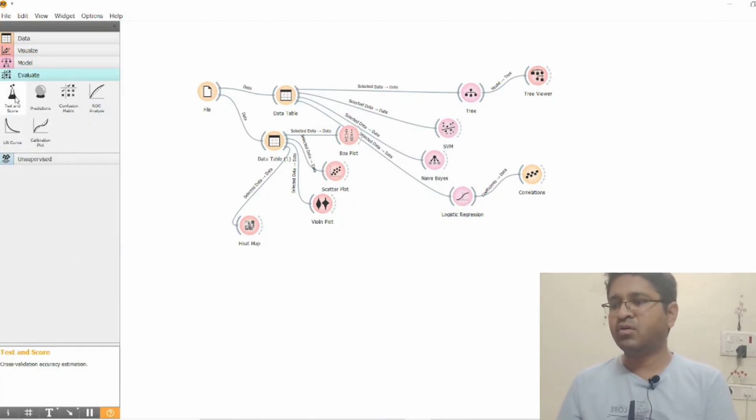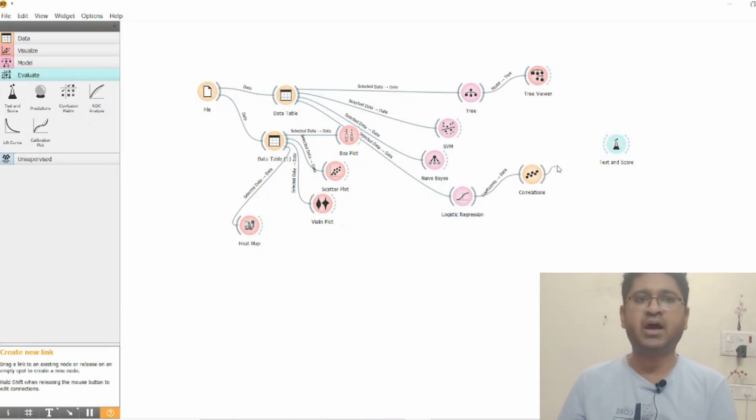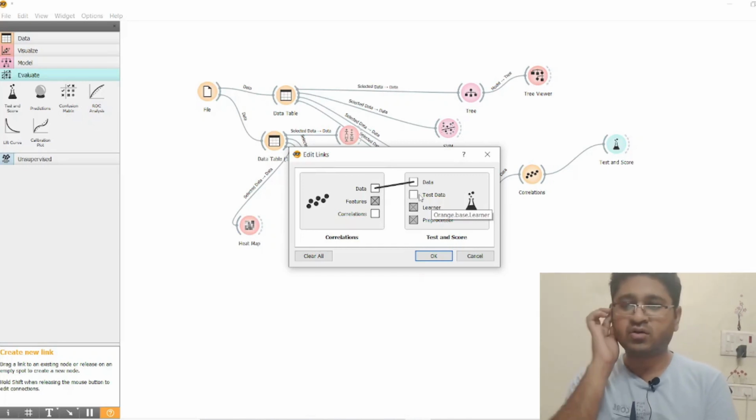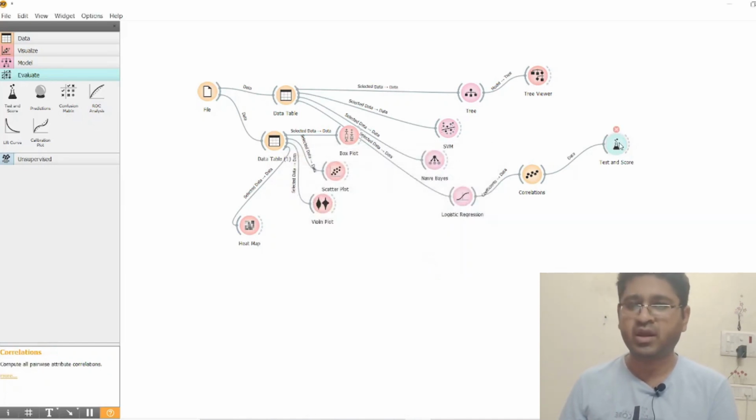Okay. One more thing, here we can have test and score for the entire data. So it will show the AUC, ROC, and so on. It will inherit the data set.